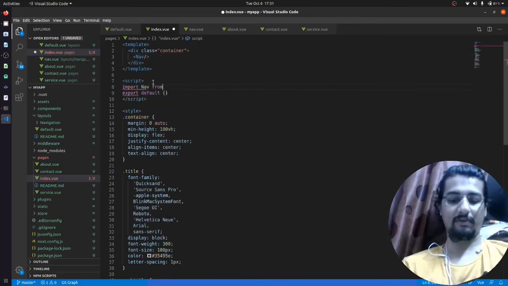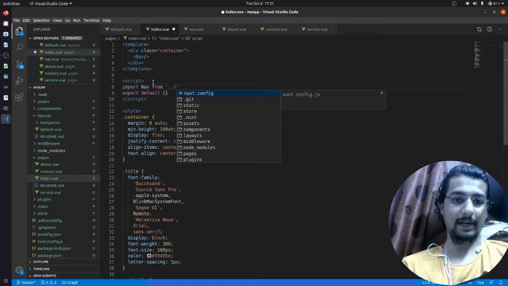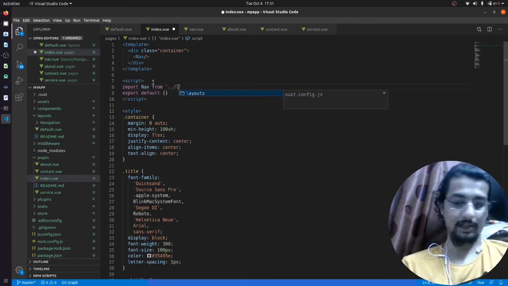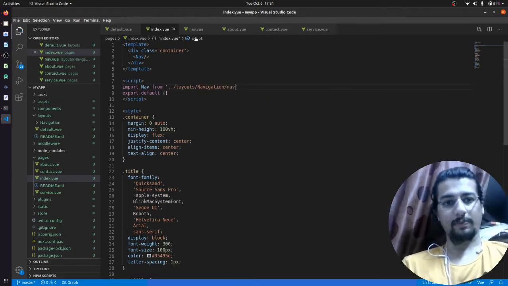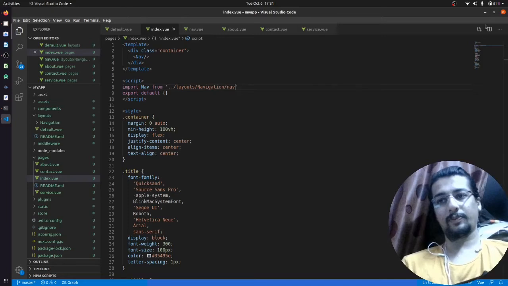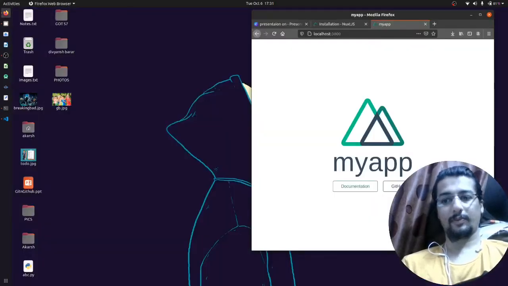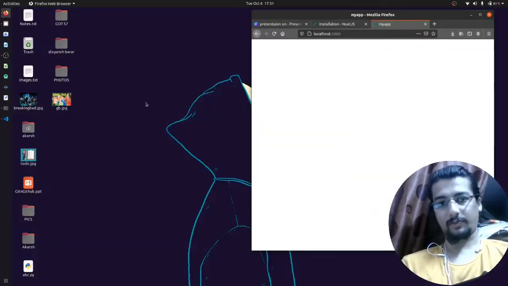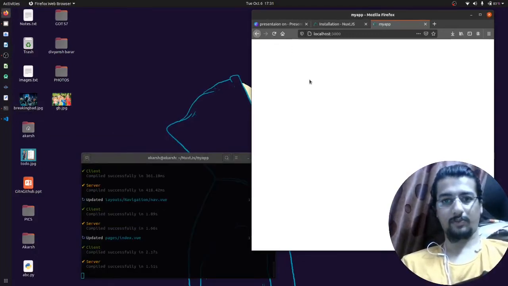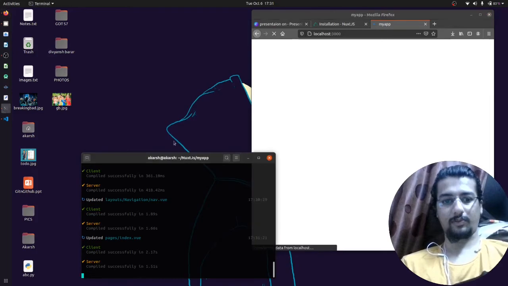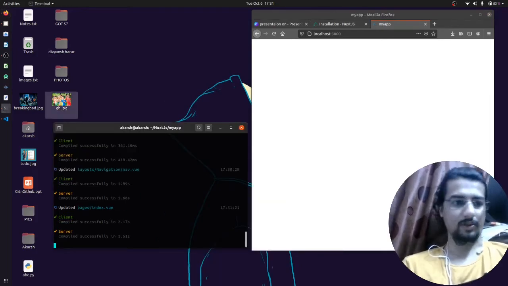Import nav from... we have to go back to our layout, then we have navigation, then we have nav. Okay, we will save this thing, let it run. We will save this thing, let it run. One sec.